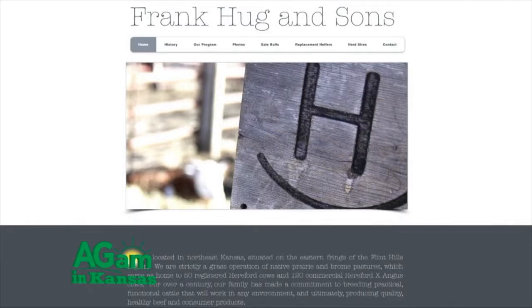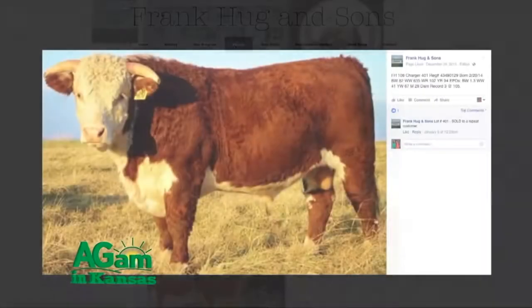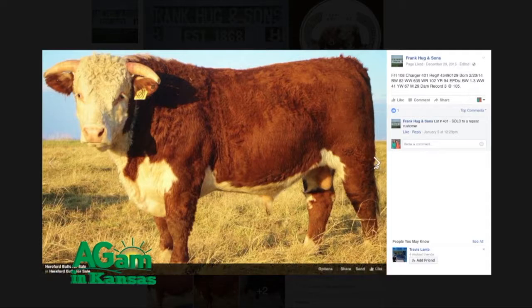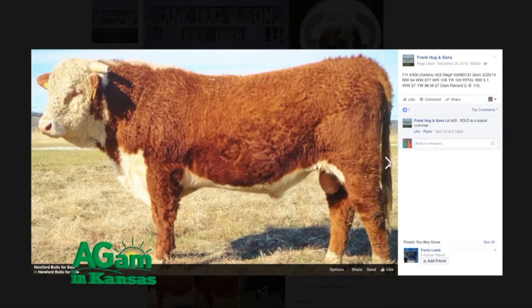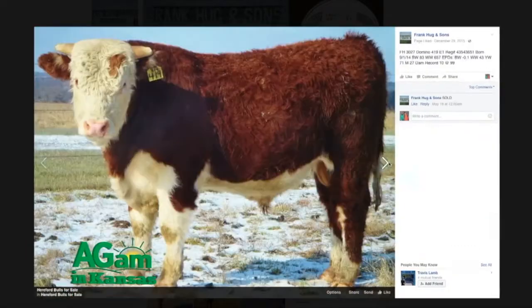Well, as far as our registered cattle, our plan is we sell our bulls private treaty, and we market 10 to 12 bulls a year that way. So we don't have a big registered herd, but what we can offer people is quality. Most of our registered cows are fall calvers, so when we sell those bulls in the spring, they're going to be about 18 to 20 months old